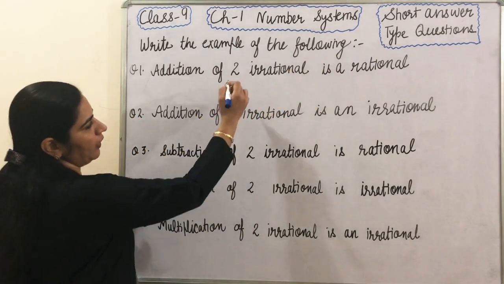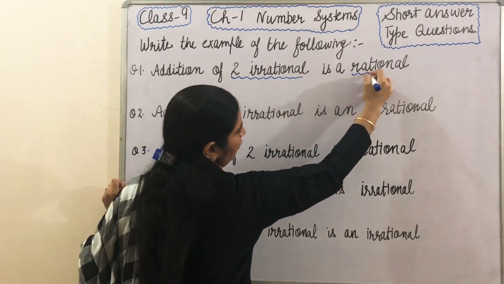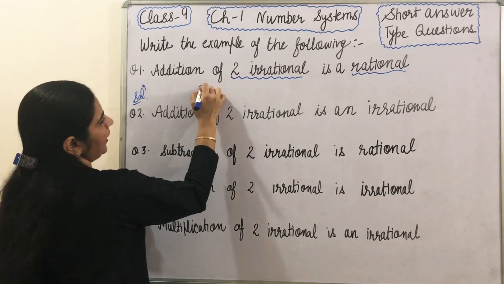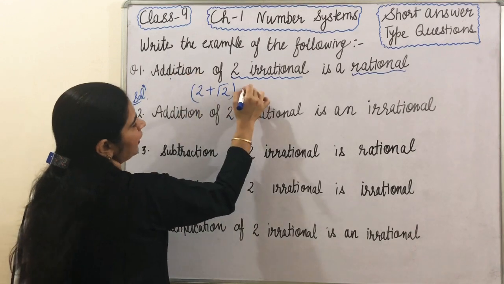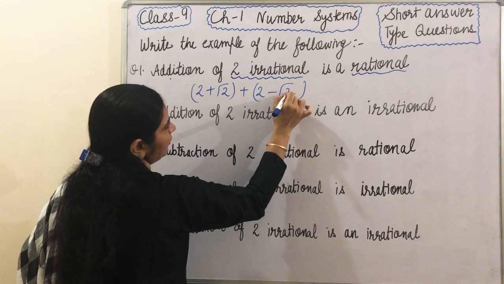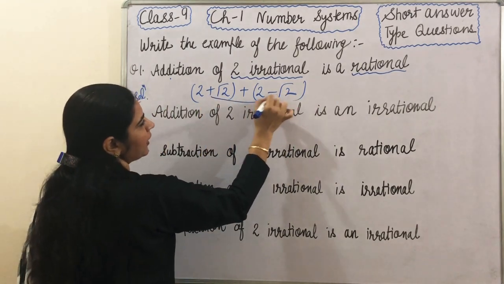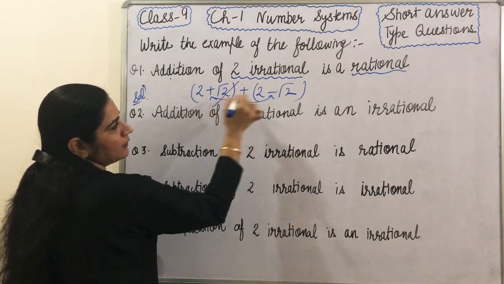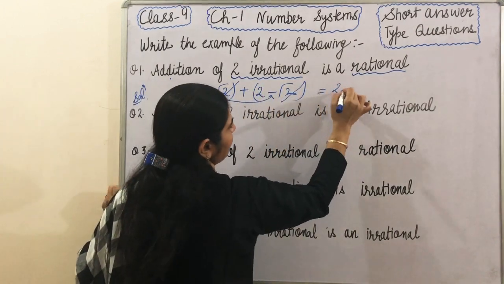We have to take two irrational numbers such that their sum is a rational number, okay. Suppose I am taking 2 plus root 2, addition is required, so 2 minus root 2. Intentionally I have taken root 2 with a positive sign and root 2 with a negative sign, such that when we add them, these two will be cancelled and the left term is 2